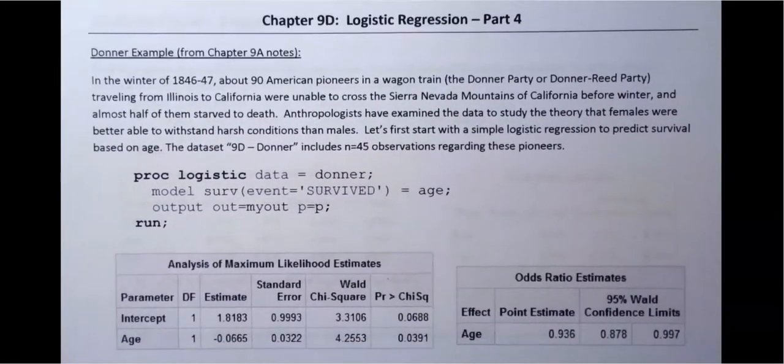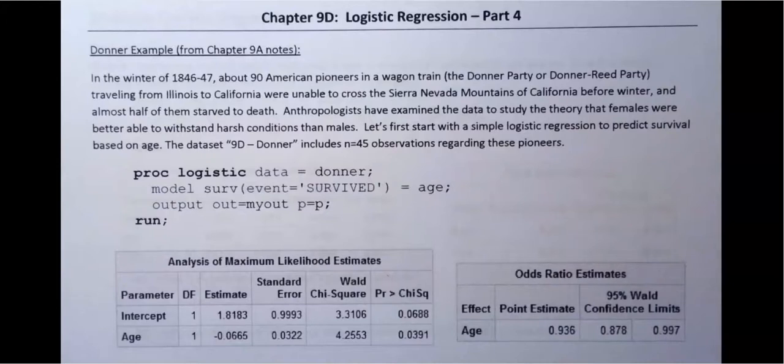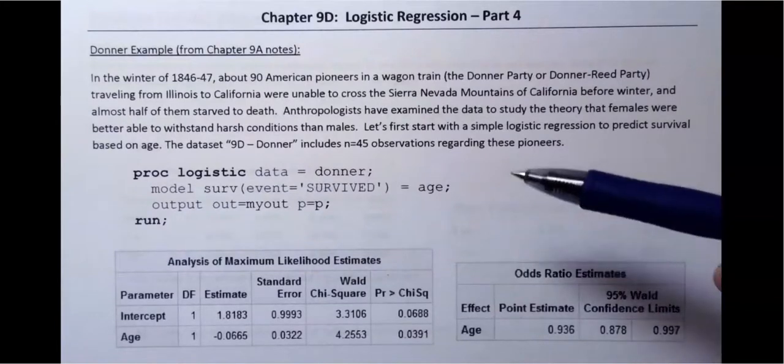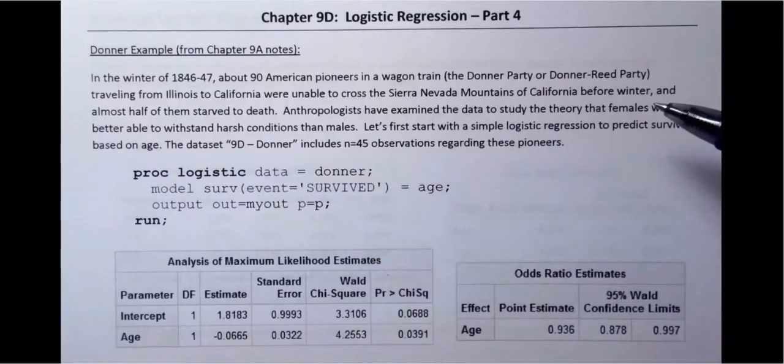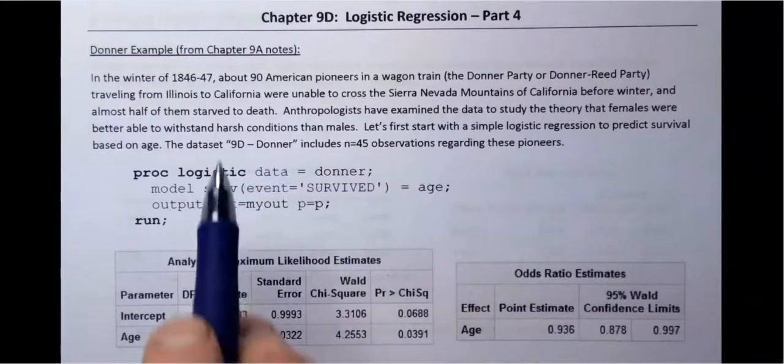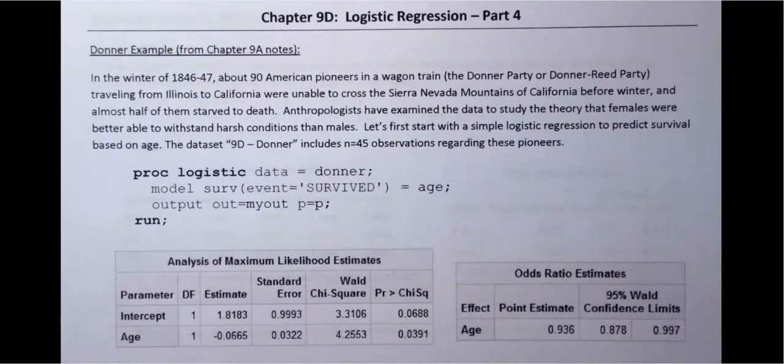And this is an interesting story that features about 90 American pioneers in the mid-1800s. They were trying to get to California, but they got stuck in the Sierra Nevada mountains over the winter. And this wasn't a good place for them to be stuck. Almost half of them starved to death. And just to add a little bit of intrigue to the story, there is evidence that some of them resorted to cannibalism. So this story features cannibals and zombies. Yeah, maybe not really zombies, but